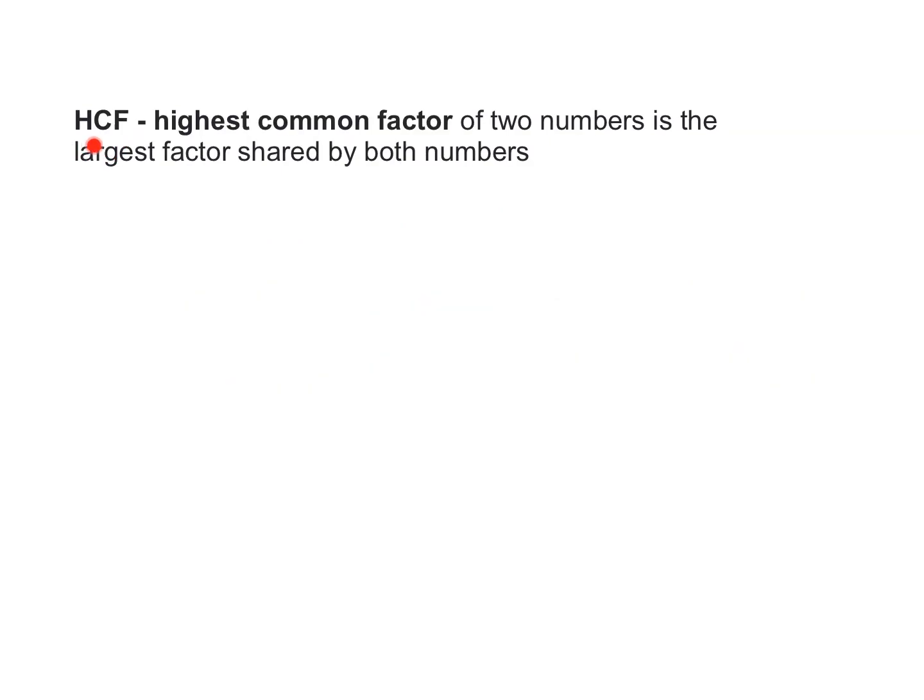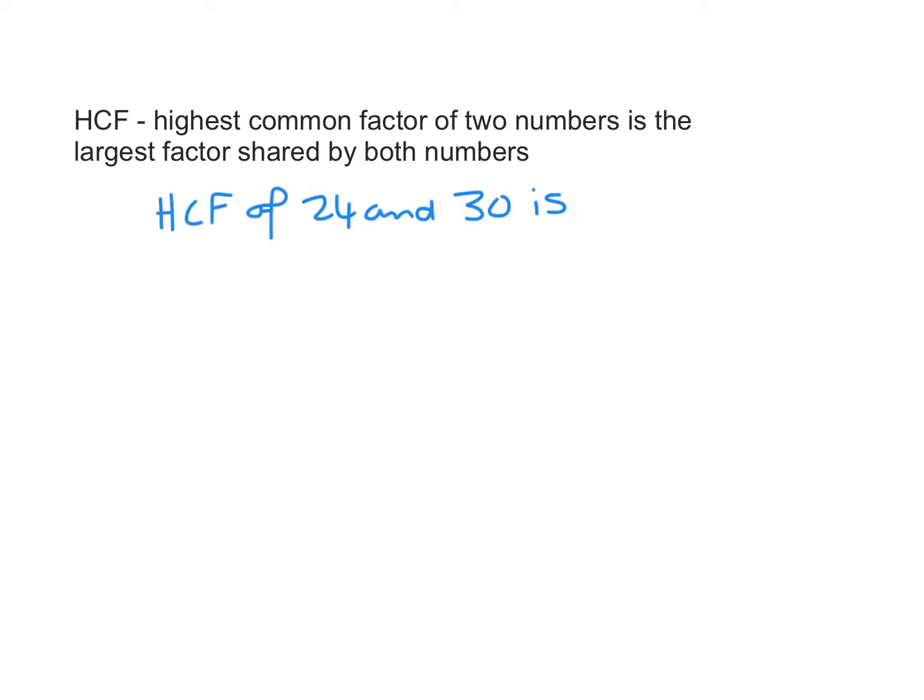Right, let's look at highest common factor. The highest common factor of two numbers is the largest factor shared by both numbers. Now we're looking for the largest factor. What are factors? Well, factors are pairs of numbers that, when multiplied together, will give me the number I'm looking for. So for example, if I wanted to find the factors of 24, what two numbers multiplied together give me